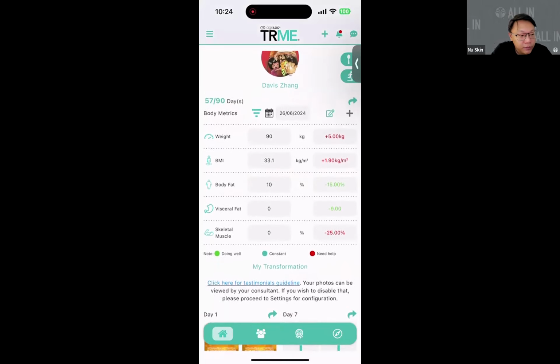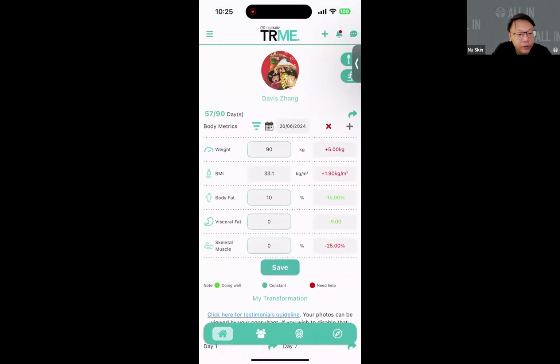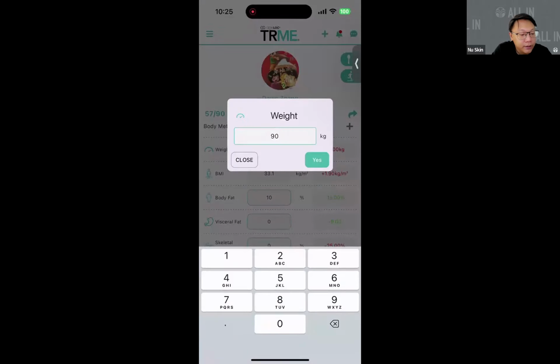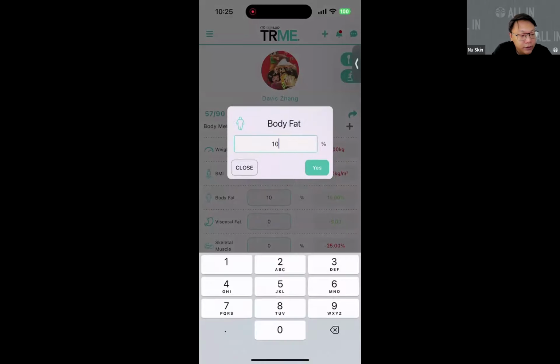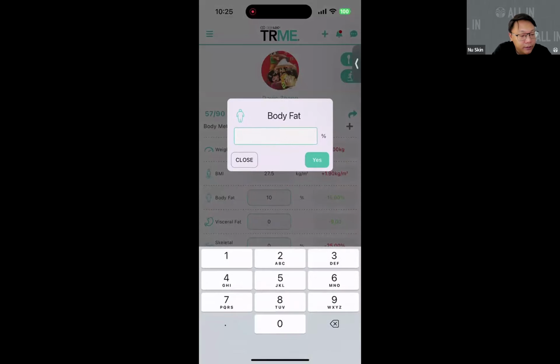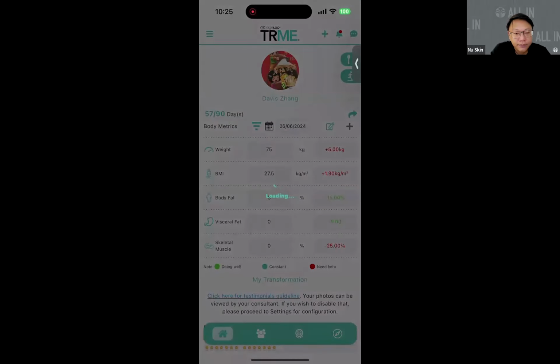So moving down, oh, I forgot. If you wish to edit it, instead of the plus sign, you can always click on the one on the left side, which has a pencil. Okay, then you'll be able to edit it, okay? Say I enter it wrongly. It's actually not 10. Let me put 5. Okay, let's save it again.